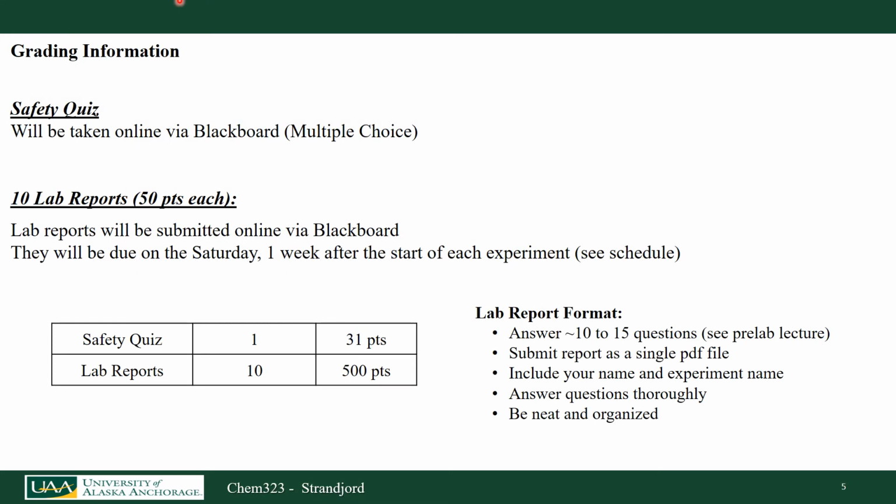Here is the all-important grading information. We are going to have one safety quiz, which we will take on Blackboard. It is 100% multiple choice and very easy if you've read the lab manual and if you've watched the lab safety videos. We're going to have 10 lab reports this semester because we're doing 10 experiments. They're worth 50 points each. So if I break that all up, there's going to be 31 points for the safety quiz and 500 points